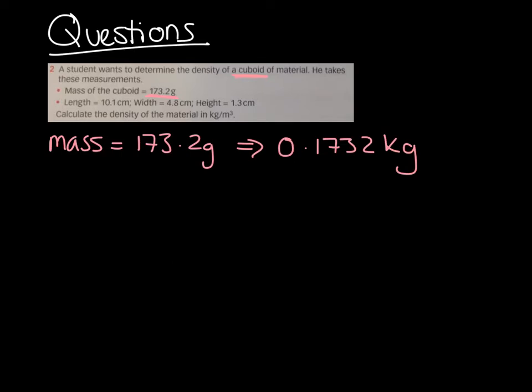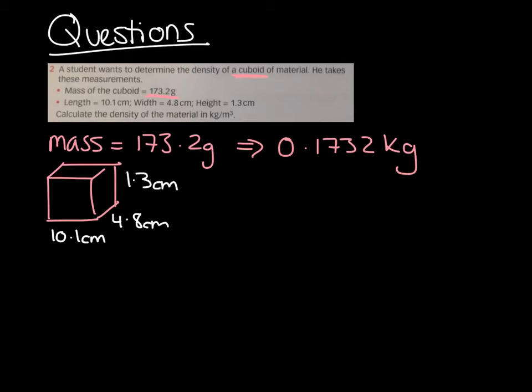I know that I've got a cuboid, so I'm going to draw myself a little diagram. And it's got a length of 10.1 centimetres, a width of 4.8 centimetres, and a height of 1.3 centimetres. And they want me to calculate the density, so I write out my equation for density. Density equals mass